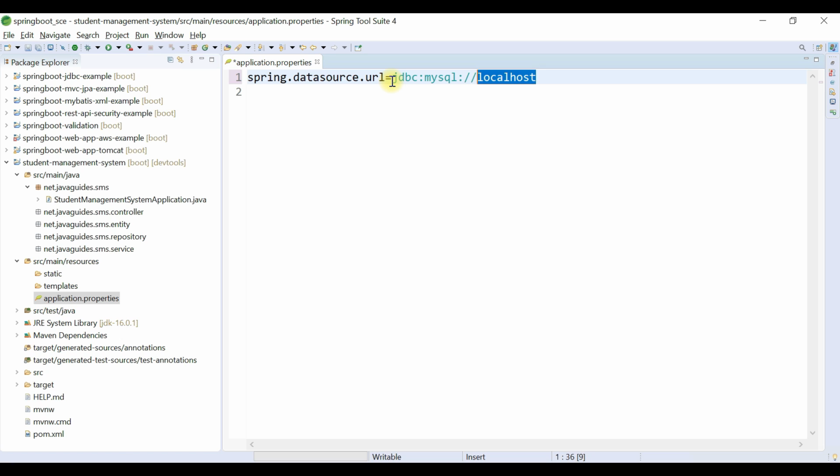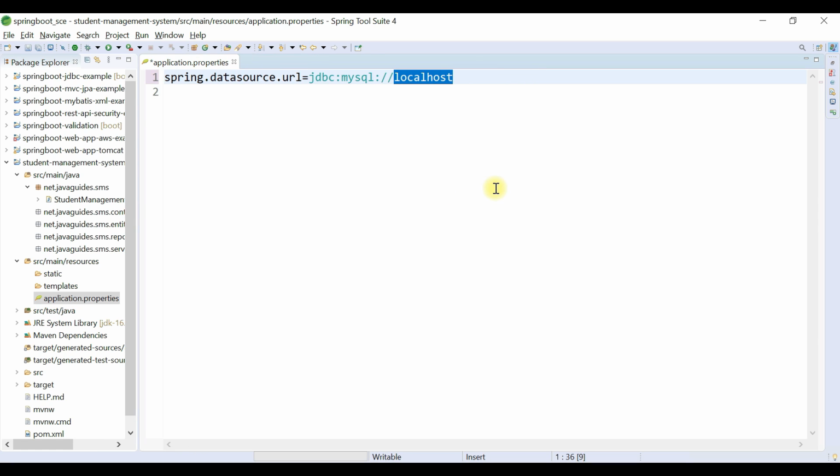Here I am giving localhost because our MySQL server is located on the local machine. If your MySQL server is located on another machine, then you have to provide the IP address or hostname of that machine here. And followed by the port of this MySQL database, followed by the name of the database, that is SMS.